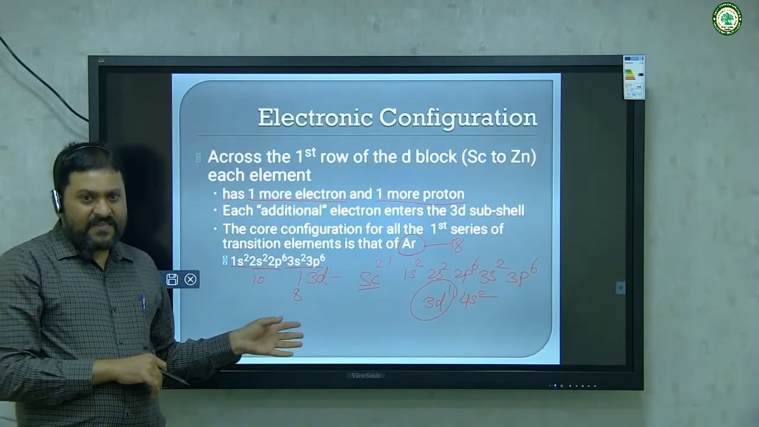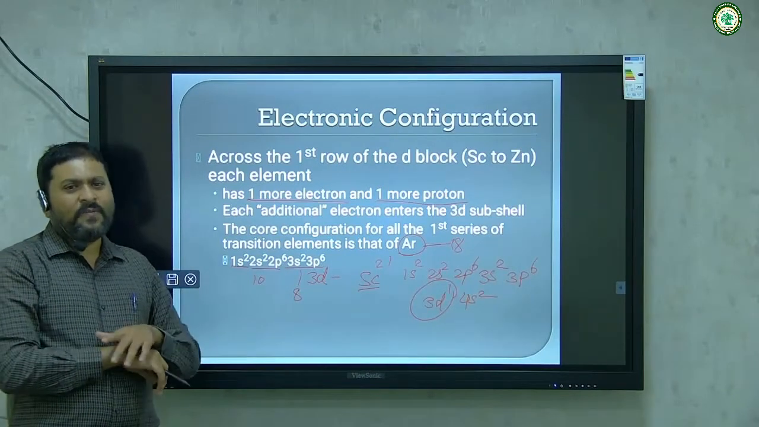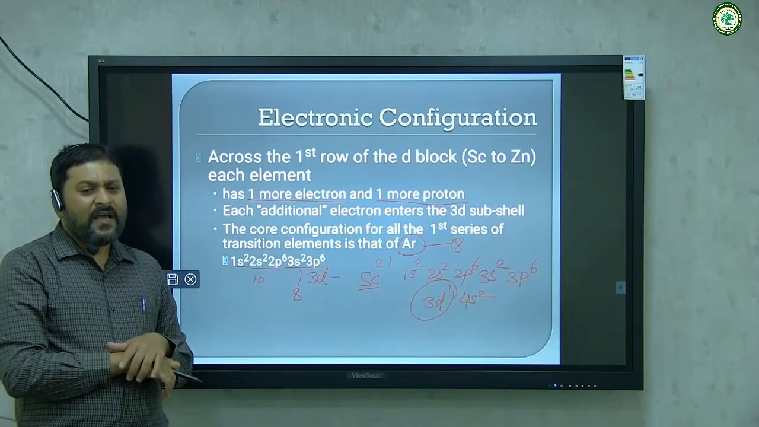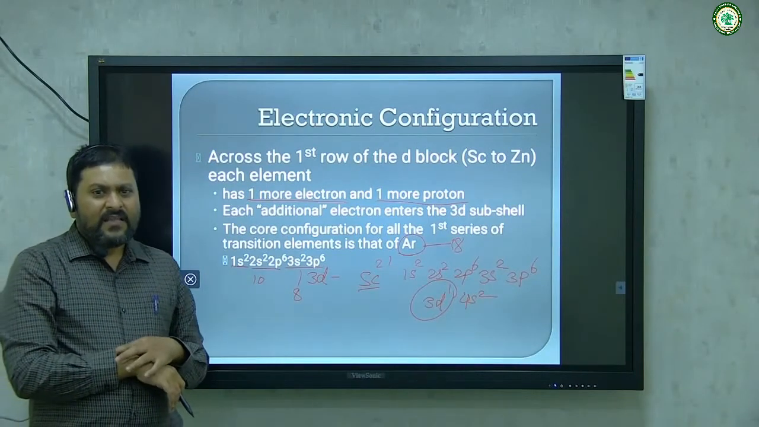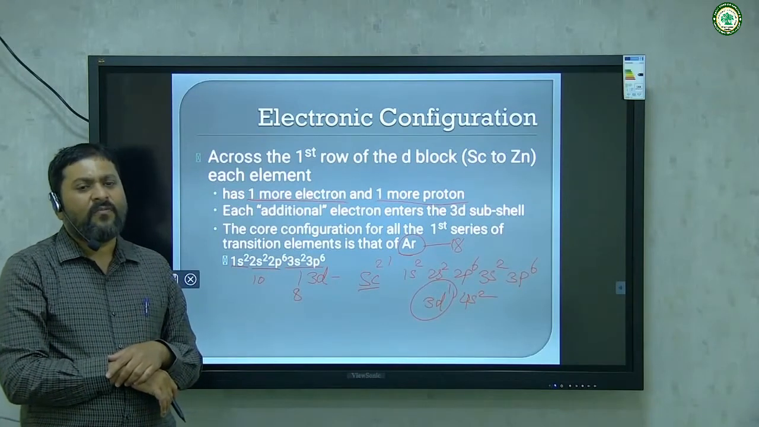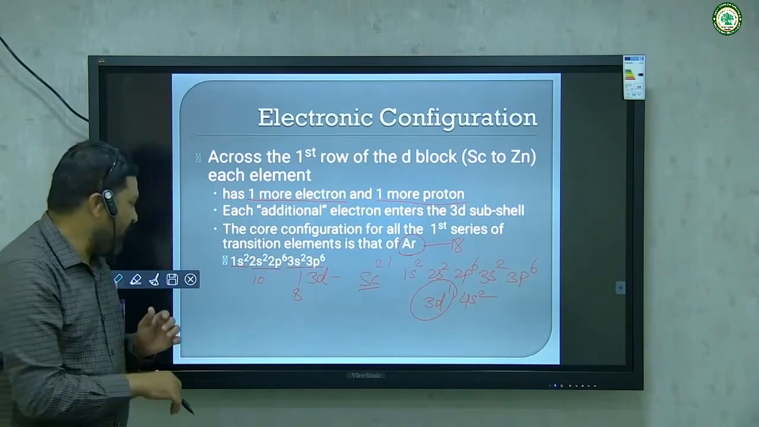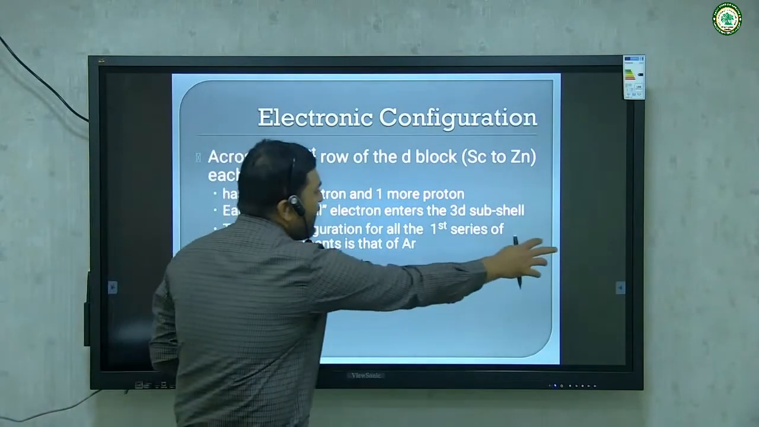In this method, the electronic configuration is written considering the nearest noble gas. It is known as the core electronic configuration, or the core configuration of that specific element. Okay, after that, again here,